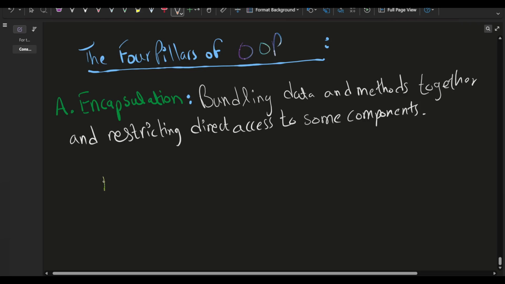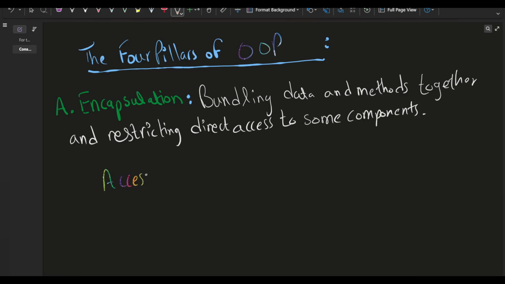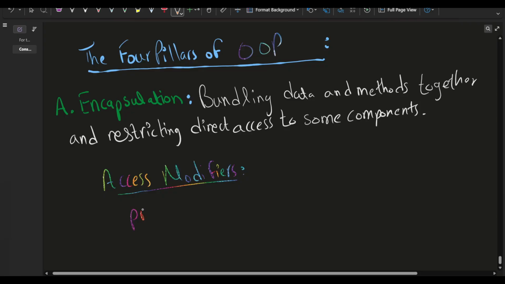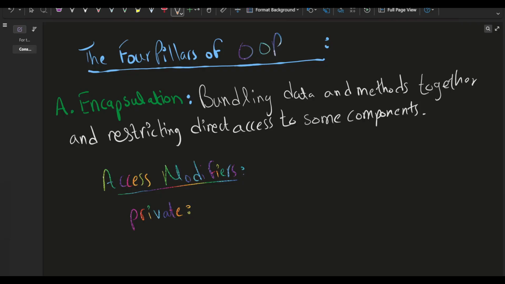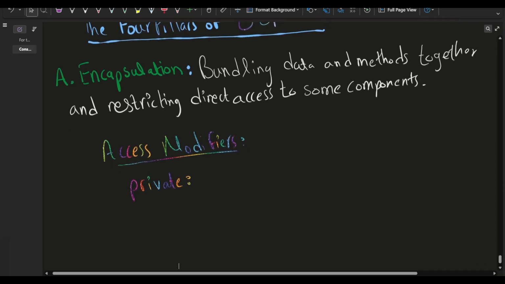Okay, so access modifiers. There are a couple of access modifiers. There is private. What private does, you can think about it by reading it. Private is just